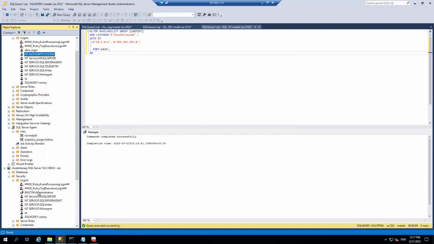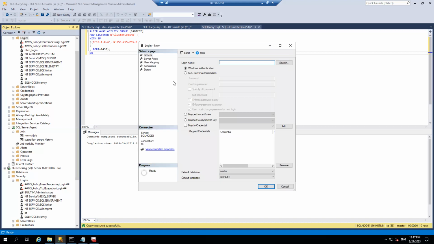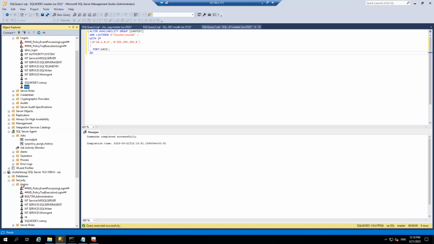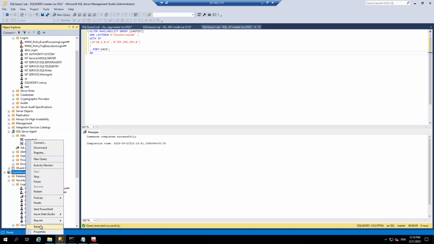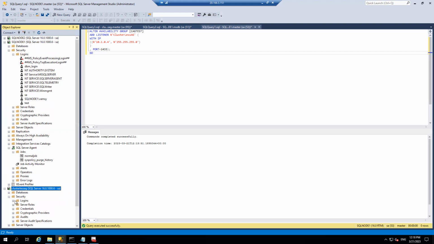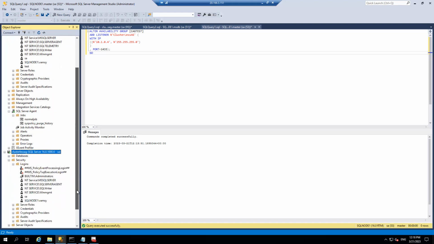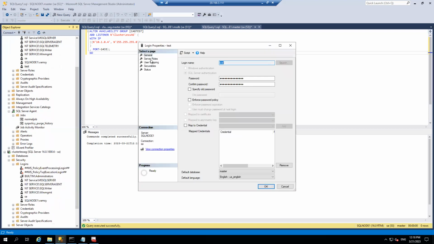Because when you connect with listener name, in case of contained availability groups, you can only see the logins that are part of sysadmin. Only sysadmin logins will appear here, not other logins. For your information, if I just create a new login, for example, test, with some password, I'll say test. Okay, test is appearing here. And if I refresh this listener name, and go to security and logins, I'm not able to view test. But if I grant sysadmin to my test,